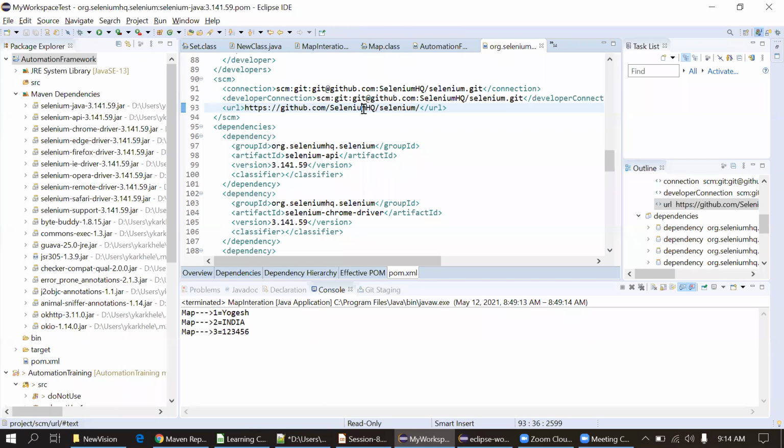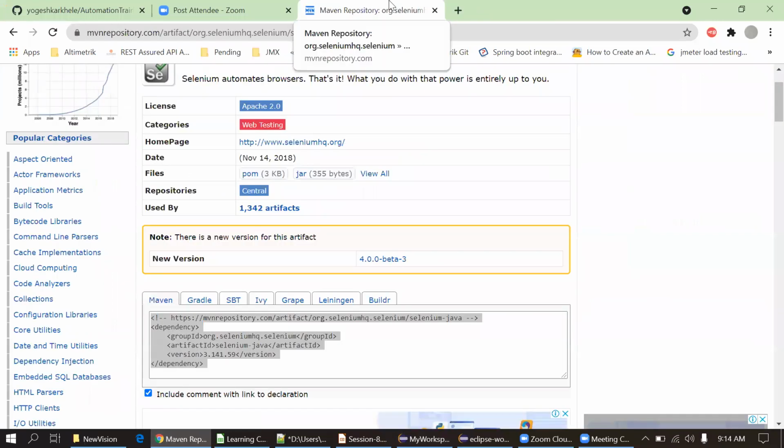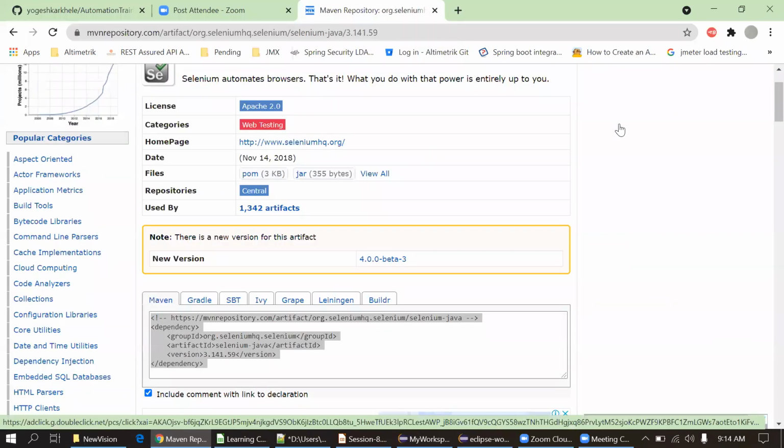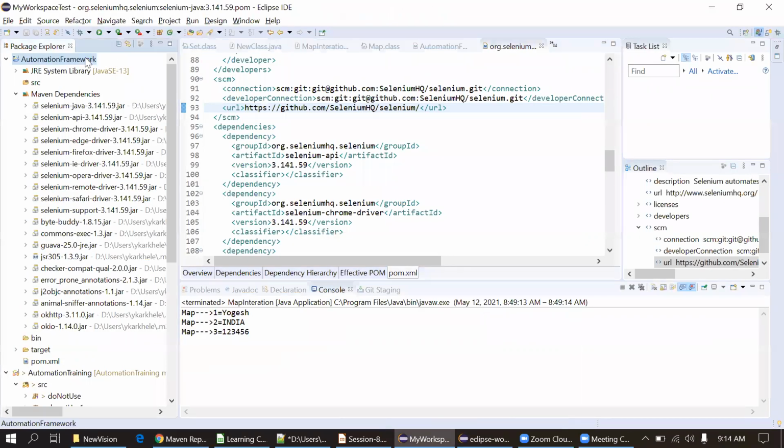Yes, actually, for example, this is a Maven repository. Someone already wrote the code here, and we are using that, right? Suppose if you want to use our project as a dependency in another project, in that case we can simply create a jar of our project and use that jar in another project. That's your confusion, Diksha?